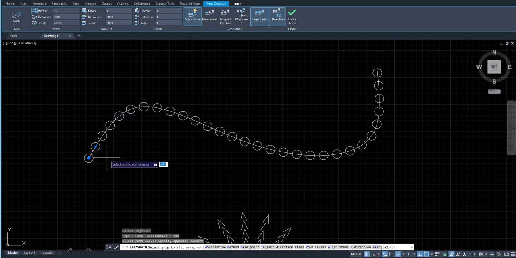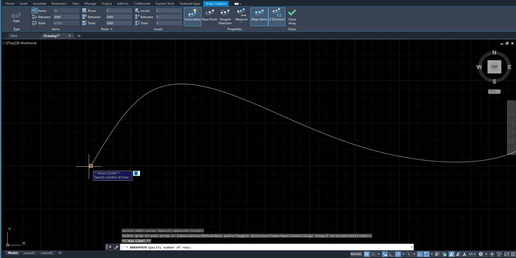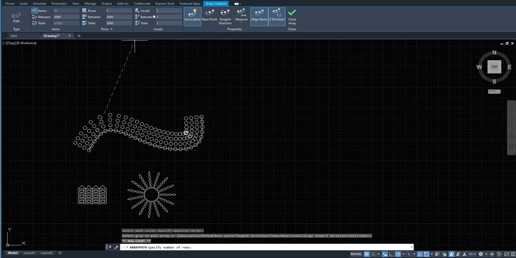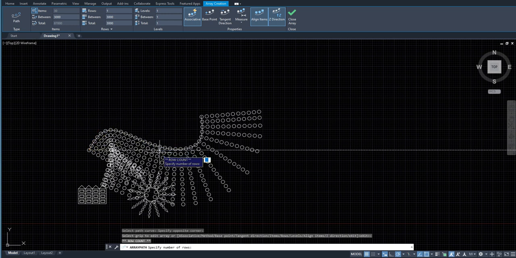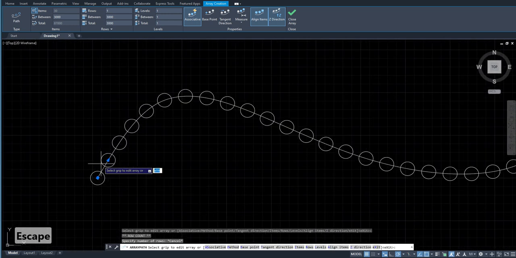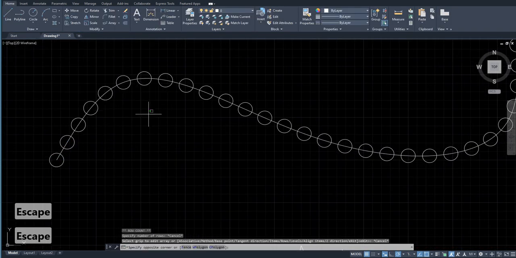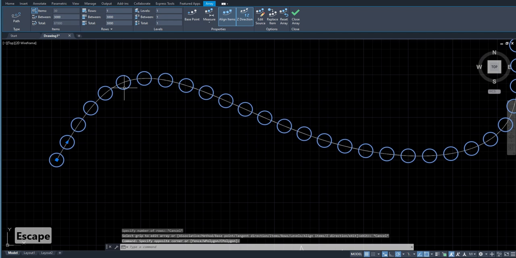So this is a particularly different type of array. You cannot actually move the array. For example, if you try and select this point, it just basically increases the number of rows for this particular array. It does not change the position of the array. However, if you think that you can just use the move command and move our array,